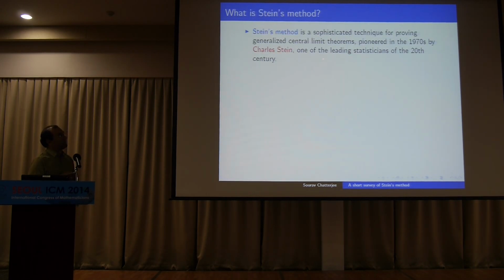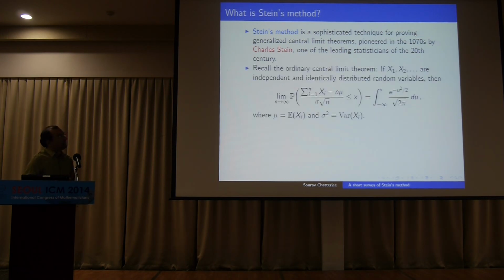So in the context of central limit theorems, let's come to what is Stein's method. Stein's method is a general philosophy which attacks one of these 3 things that I outlined, which is the question of central limit theorems, or distributional limit theorems in general. It was pioneered by Charles Stein, who is one of the great statisticians of the 20th century. He is still alive, and I had the good fortune of interacting with him when I was at Stanford.